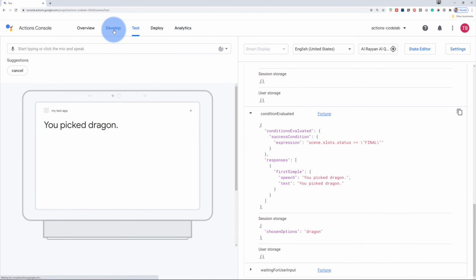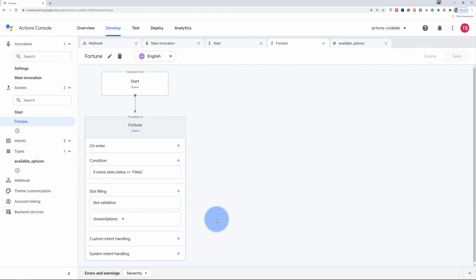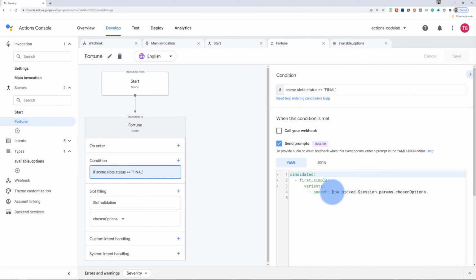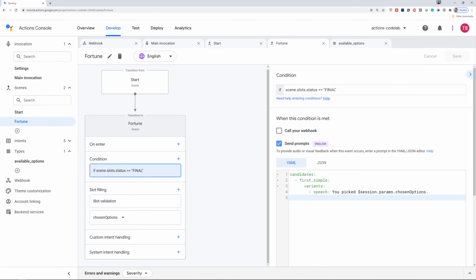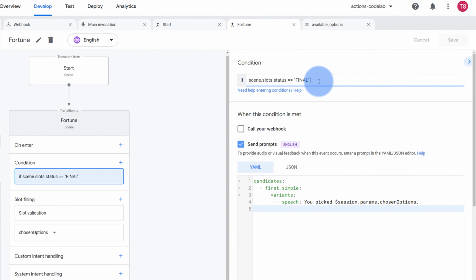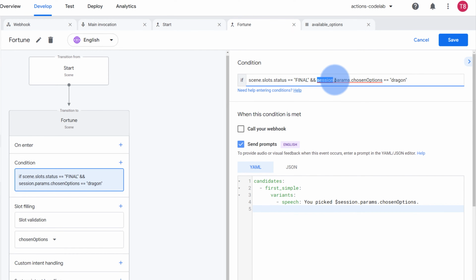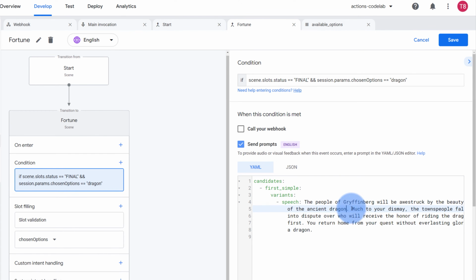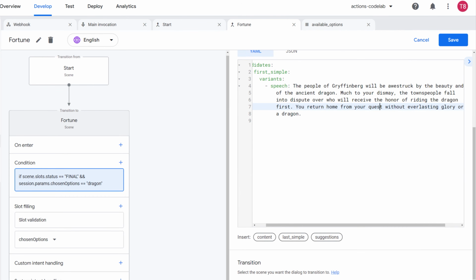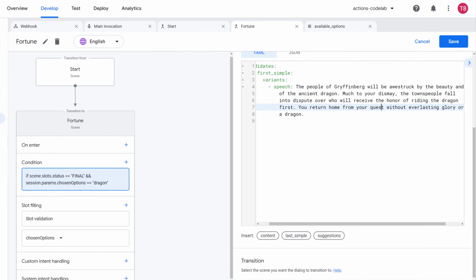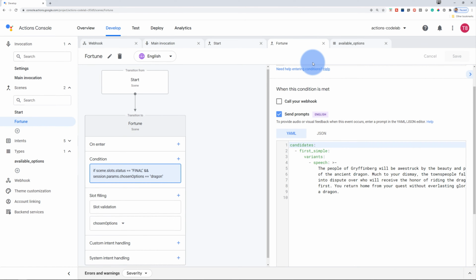Now let's take this a step forward and add conditions for each option the user can choose and add a custom prompt for each condition. So go back to the fortune scene and click on the condition and add a new condition to it as shown. Select the send prompt and update the response based on the dragon fortune. Finally, click Save. Now, when a user says dragon or something that sounds similar, your action provides a fortune based